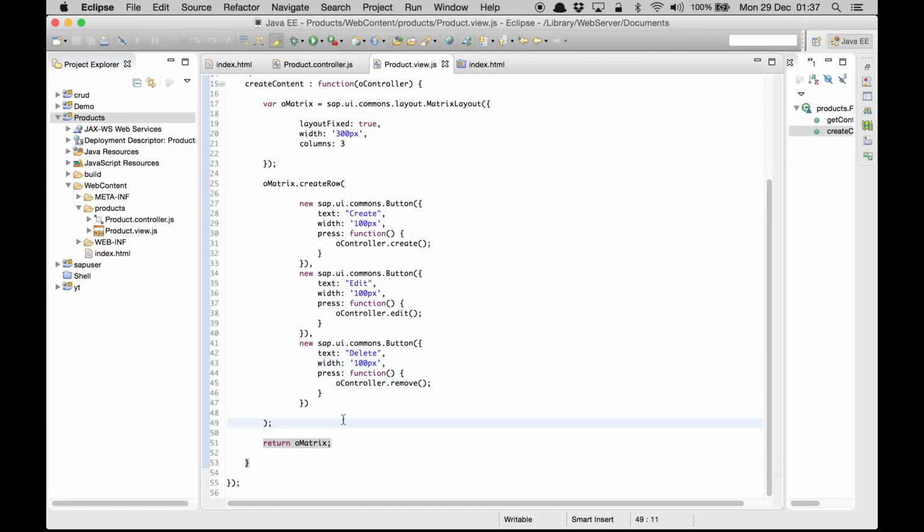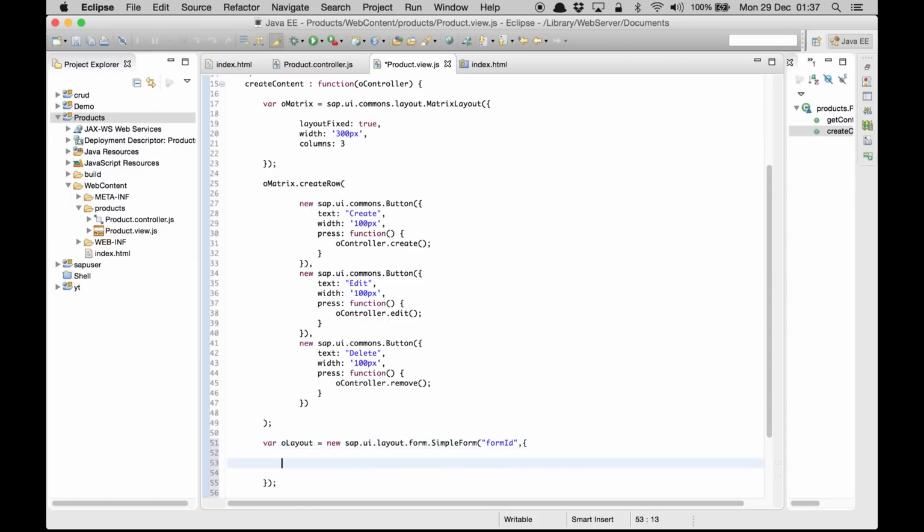There are various ways of creating a form. We can use the matrix layout and add the elements over here, but I'm going to use a simple form so that you are aware of that and you know how to create a simple form. So simple form is derived from the layout library, so we are going to mark it as oLayout, and we are going to create sap.ui.layout.form.simpleform, and we are going to give an ID to this form. We'll make it as form ID, and then this form is going to accept an object,